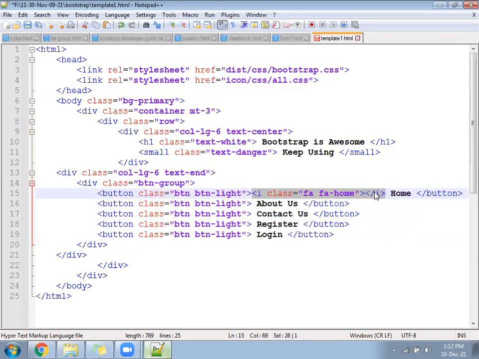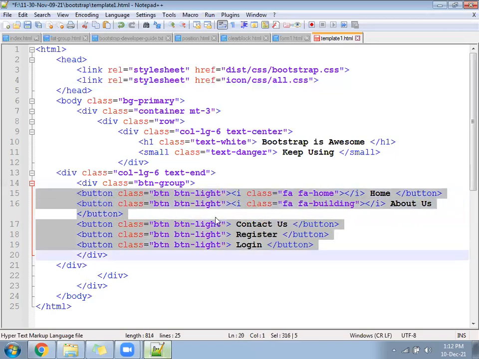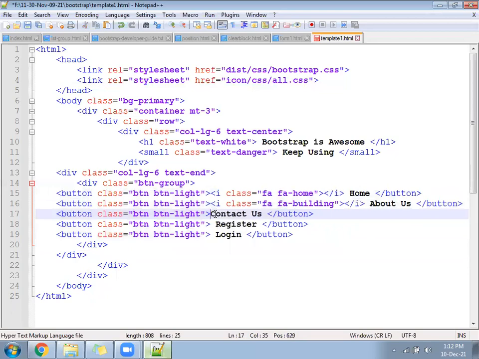Correct. Next again about. About in the sense you can give some building. fa building. It may give a building symbol. Next will be contact. fa map marker or maybe headset.